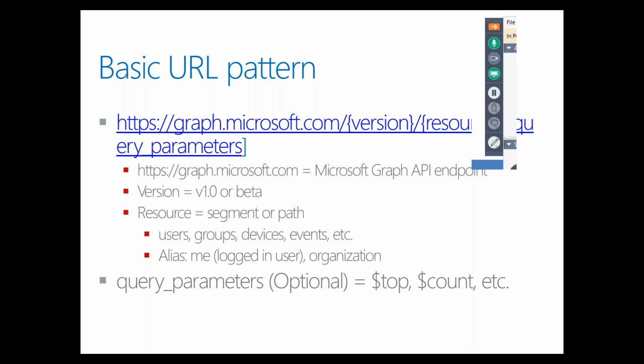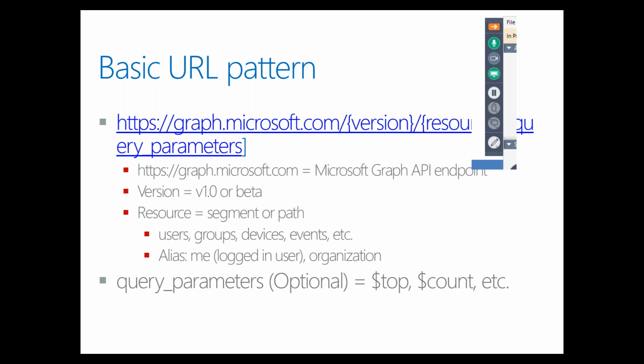graph.microsoft.com/version. So which are the two versions? There are two versions, version 1.0 and beta. Version 1.0 is generally available, and beta is in preview mode. So in the production environment, don't base your API calls on the beta. Then there is the resource, the identifier of which type of resource you want, and there are some optional